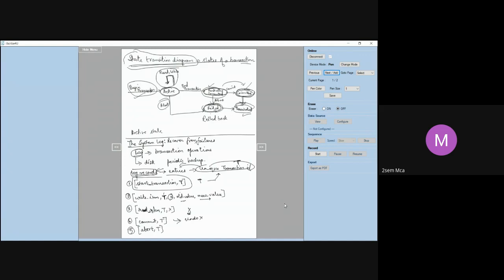Once you have to abort, it means you have to undo all the operations that have been done and restart that particular transaction. Either we can restart it automatically or it can be given as a new transaction once again by the user. Any of them can be done. But all this information will be stored in the system log. So if you have to abort, you can get to know when it was started, what operations were done, and whether it was committed or not. All this you will get to know so that it will be easy for us to undo or roll back all the operations.